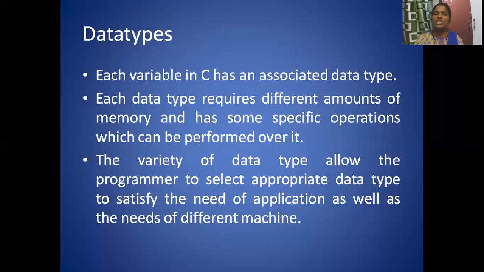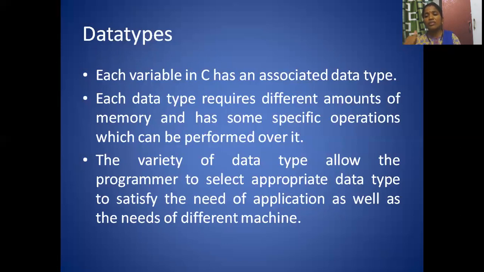Each data type requires different amounts of memory. For example, character requires only 1 byte, whereas integer requires 2 bytes, and float requires 4 bytes. And it is also dependent on the machine.